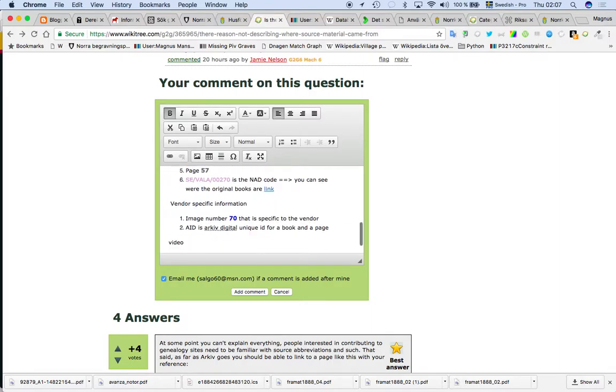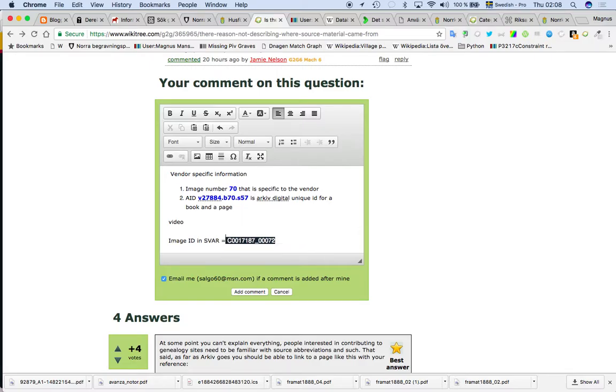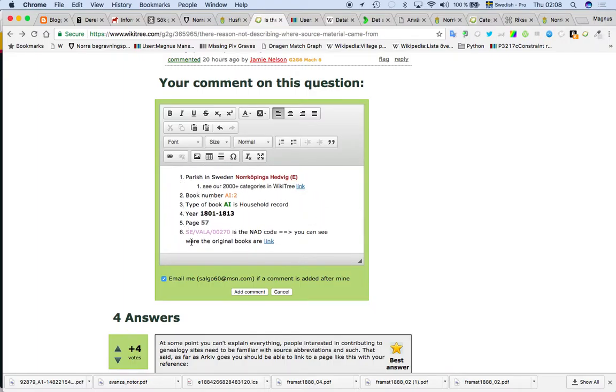And that's the one I can use to jump directly to the Archive Digital number. So in the video which you are looking at now, you have a picture or image ID, which is the same as that one. So either if you have that one or that one, and you have those tools, then you can find it. But if you have 1 to 6, you can go to the physical book and find it